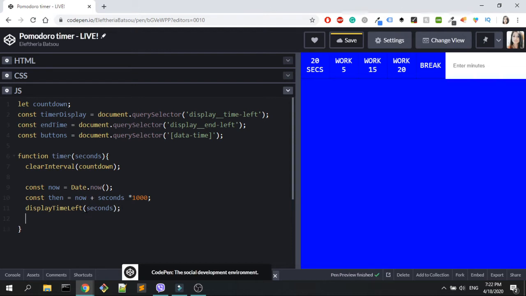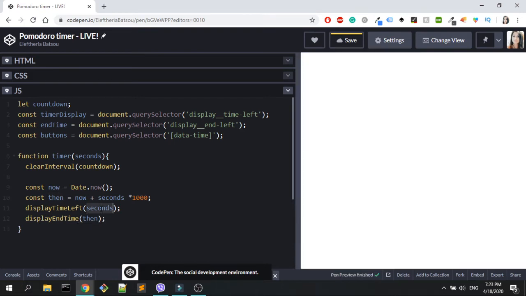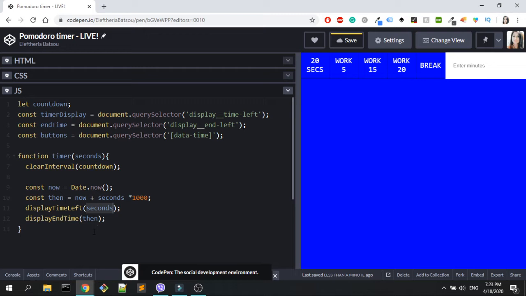Okay, and then let's create the display end time, and this will take the then parameters. We have then and the seconds. Okay, we will have to create these functions pretty soon, but first I need to play a little bit with